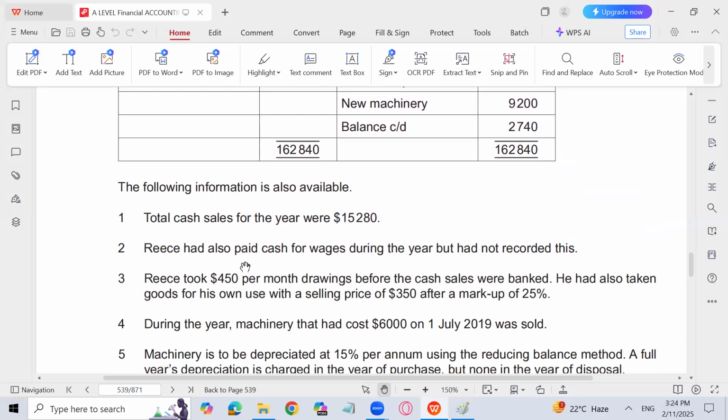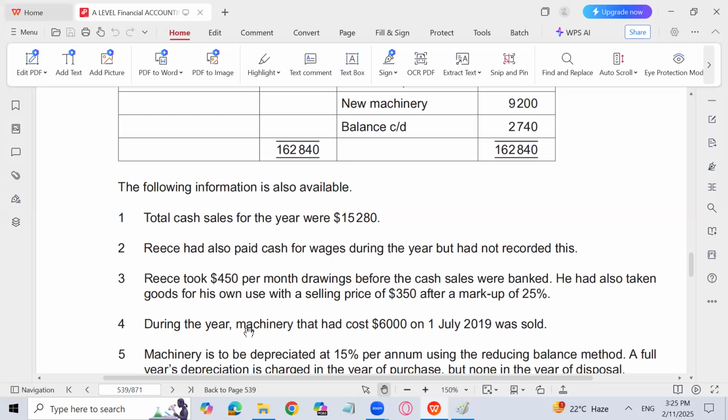Reese has also paid cash for wages during the year, but had not recorded this. So we have paid wages in cash, but that amount is not available yet. So we have to find that amount of wages which has been paid in cash. Reese took 450 per month drawings from before the cash sales were banked. He had also taken goods for his own use with a selling price of 350 after a markup of 25%,